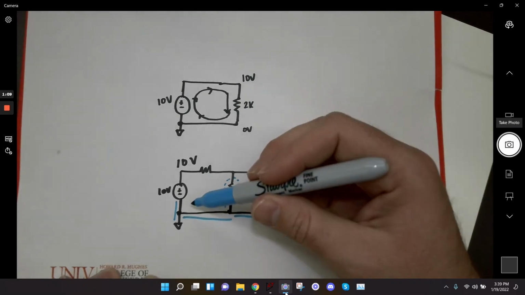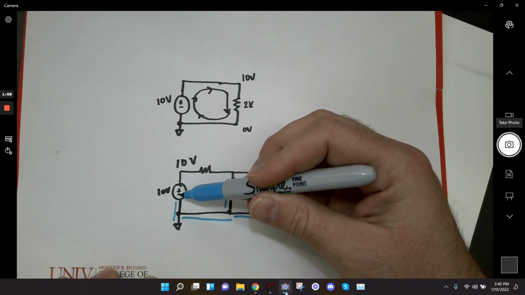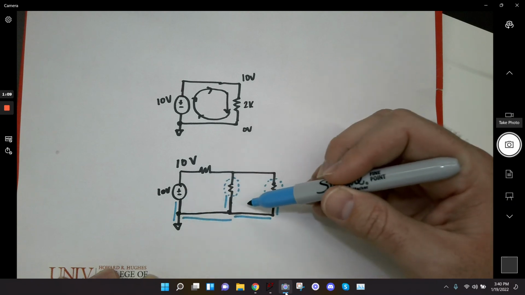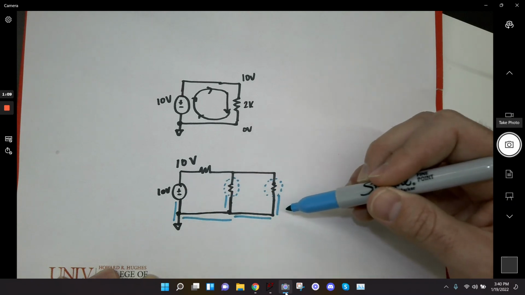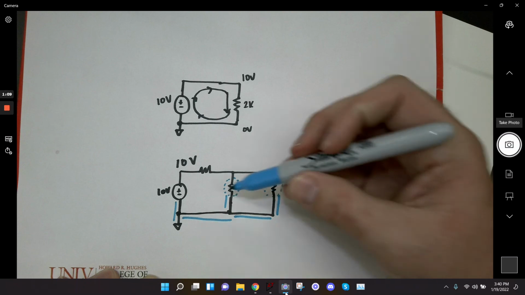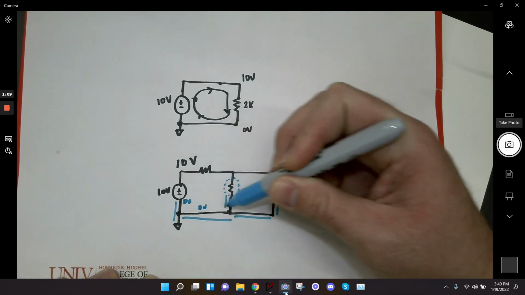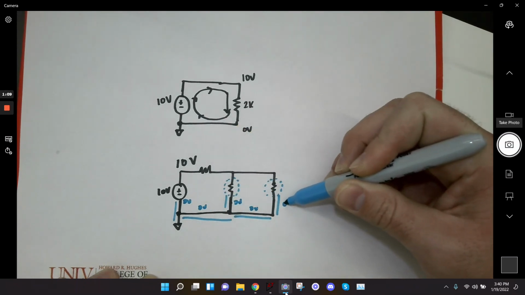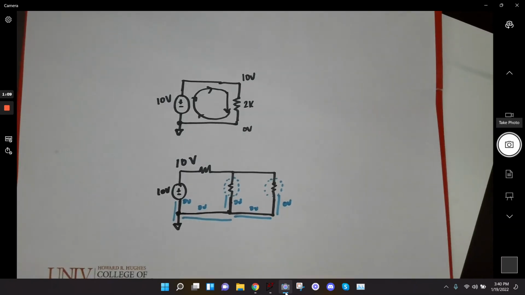So in this case, the ground node is connected to the minus terminal of the battery, it's connected to this terminal of this resistor, and it's connected to this terminal of this resistor. That means that the voltage all over this node is 0 volts everywhere. It doesn't change along a node. It only changes when it runs into another component because of Ohm's law. There may be current flowing through that component. And if there's current flowing through that component, now we have a voltage difference across the resistor, and you get a